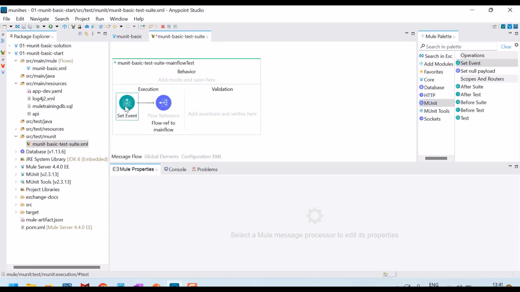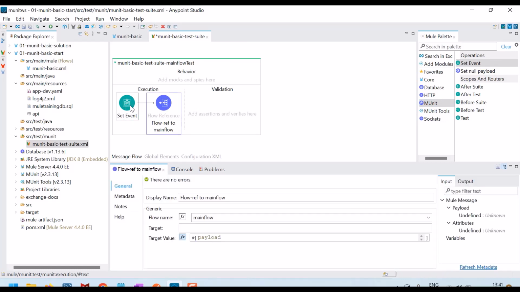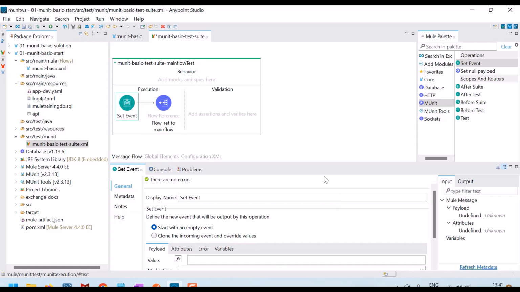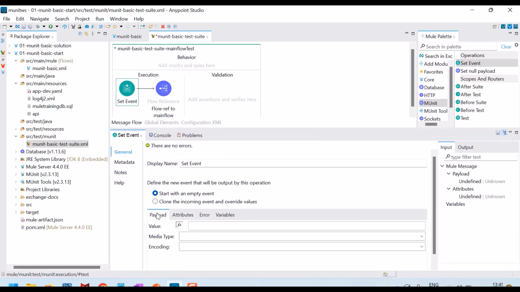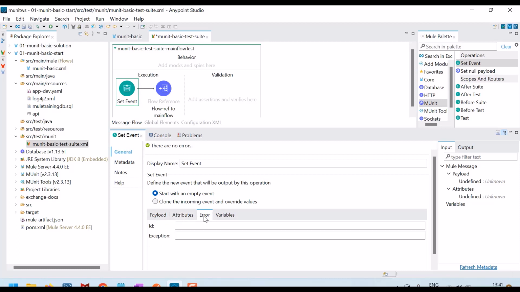Okay. So normally a Mule event contains what all? A Mule event contains payload, attributes, variables, and error if there is an exception. So here in the set event, whatever I want to set as a payload, I can write it as an expression. Whatever I want to write in attributes, I can set it here. Error object in case of an exception, or variables. In this case,